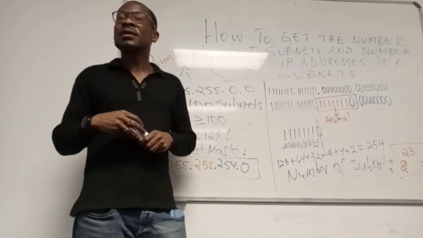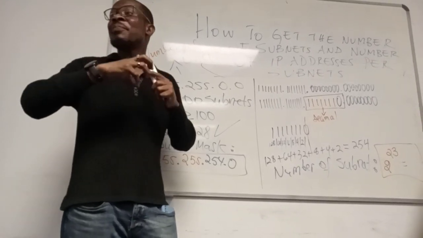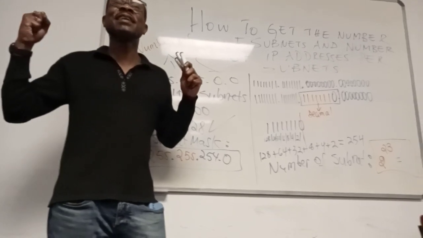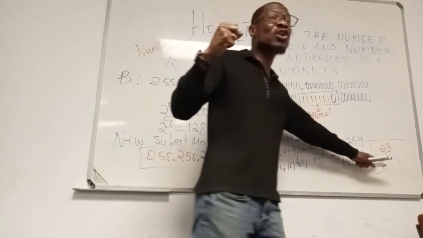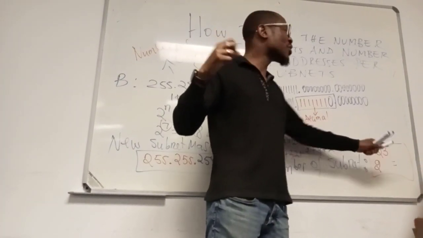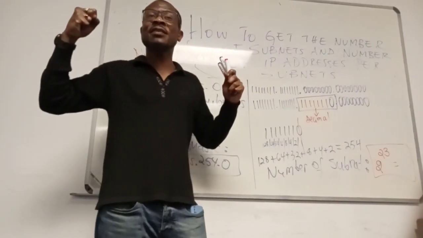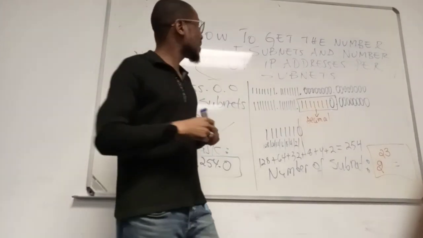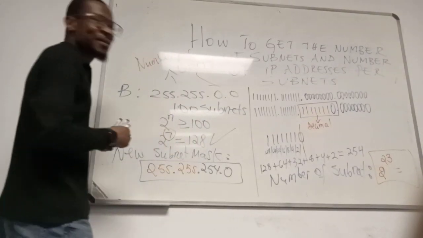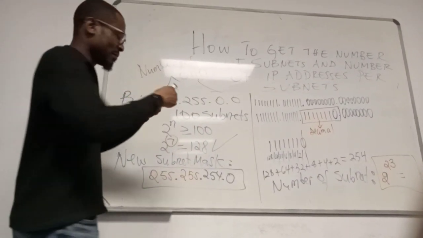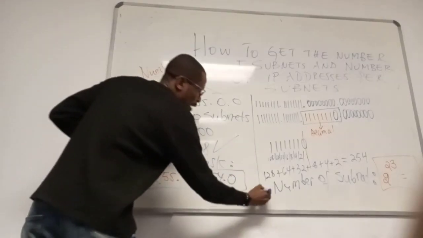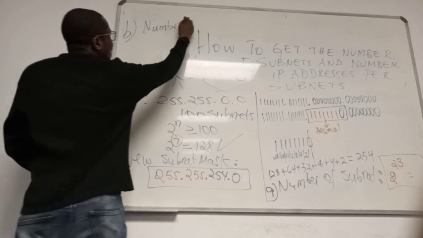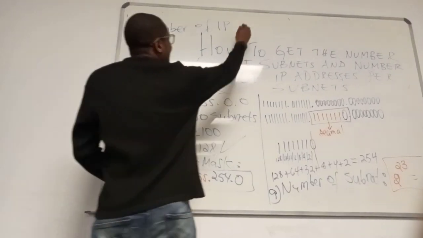Right? Remember that when you are subnetting, you are making a large number of subnetworks. You see, there's going to be a lot here. But because you are making a large number of subnetworks, the hosts is going to be few. Right? Now, number of hosts or number of IP. Right? So that was A. B is number of IP